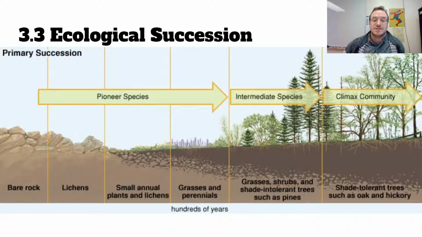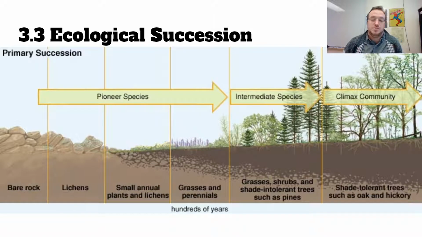Right, so the first thing that happens is pioneer species move in. Pioneer species are pioneers. That means they move in first. So it's kind of redundant to say that pioneer species move in first, but that's what we're going with. So lichens and bacteria and some funguses, though generally not funguses, are going to move in first, and they will break down rock into dirt.